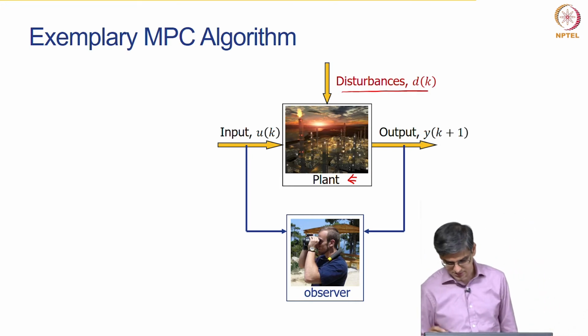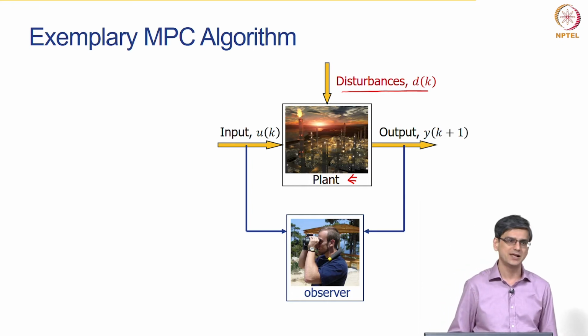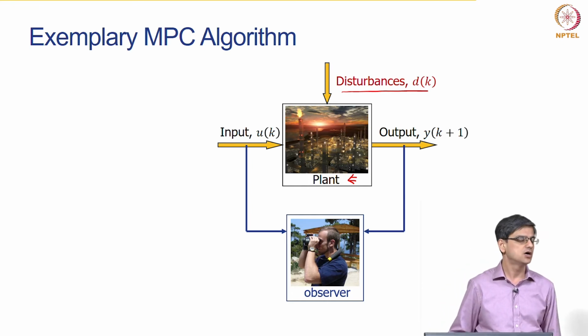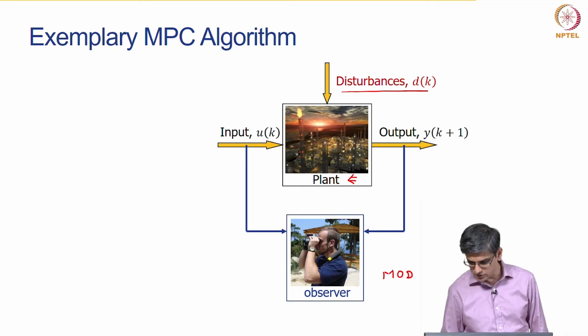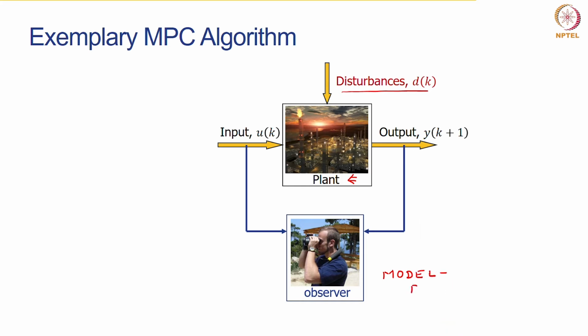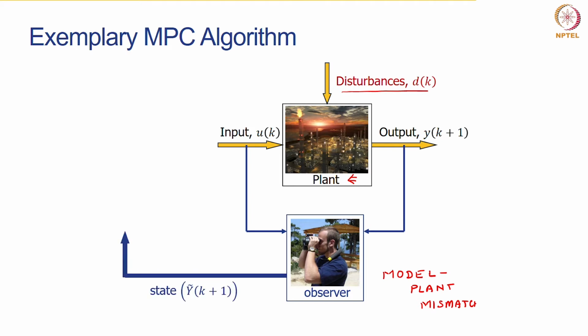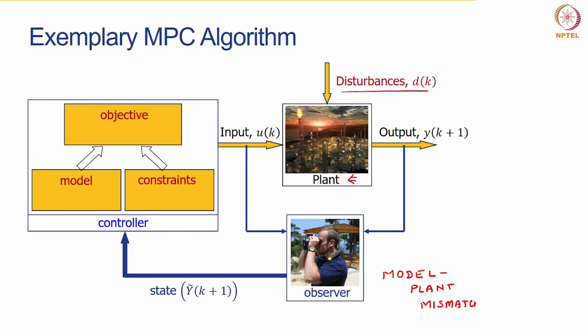Okay. So, that is the distinction, and if model equal to plant, that is the case we are going to cover today, or if model is not equal to plant, then we will call that as model plant mismatch. Okay. That is the case you are going to do in your assignment 4. Okay. So, you take the measurements yk plus 1 and you update the state and you get your y tilde k plus 1. Okay. That is the idea that the observer does.